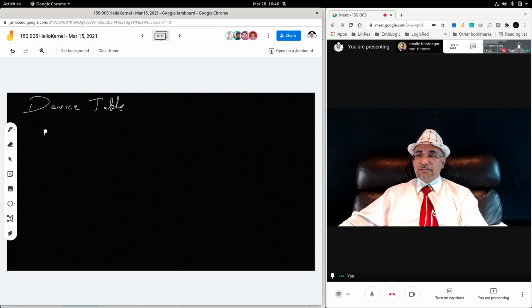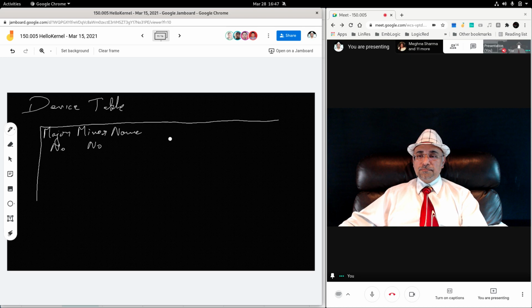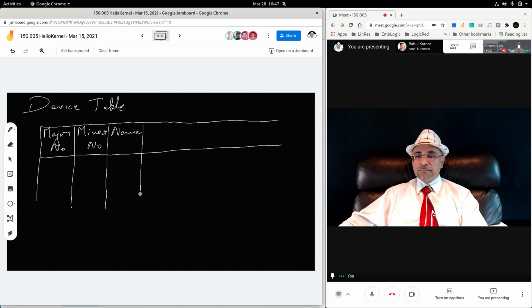We have the device major number, we have the device minor number, we have the device driver name, and then we have a pointer to the device specific structure dev,